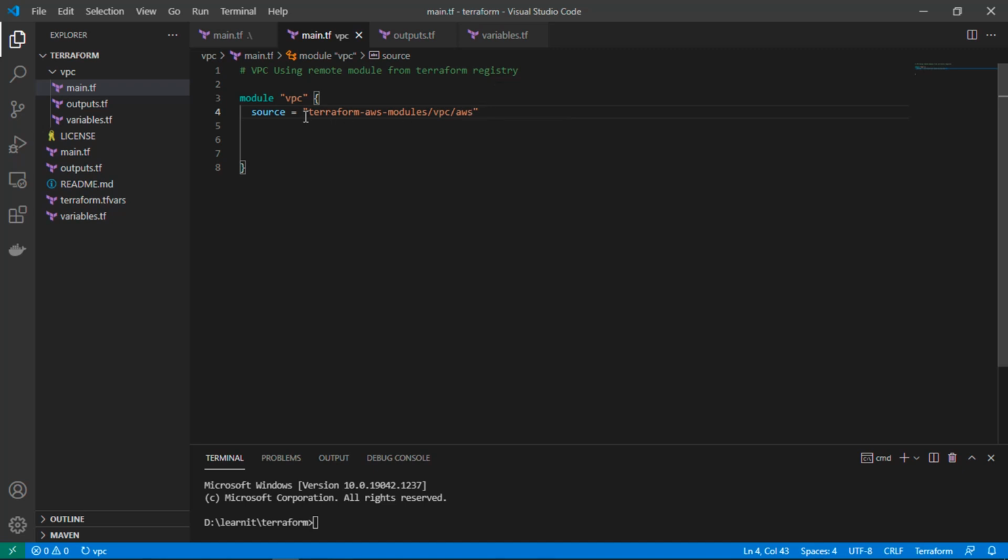So guys, the source details I have provided here for AWS VPC module is a public Terraform registry. You can also provide your own private Terraform registry details here, or you can also provide HTTPS endpoint for your Bitbucket or GitHub repositories. Now next to source, we have to define a name property for this AWS VPC, and we can provide under name whatever name we want to provide for our AWS VPC. So I am providing VPC using Terraform registry,